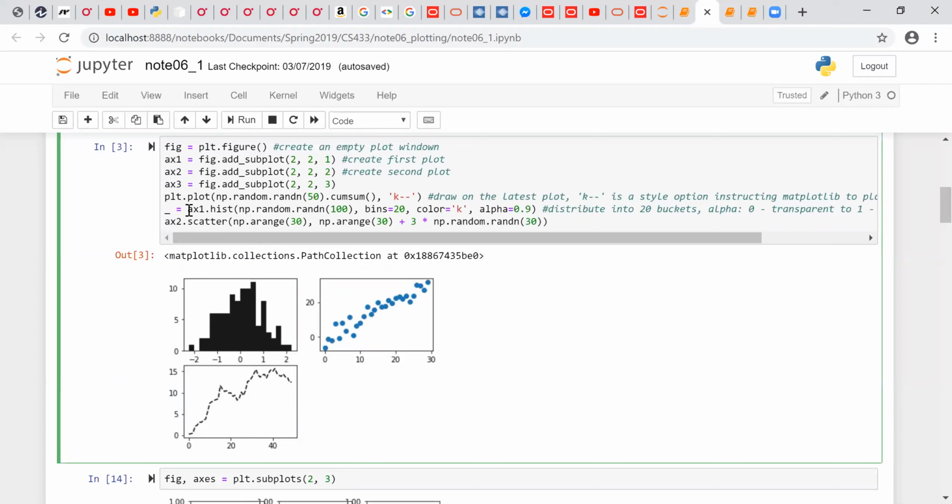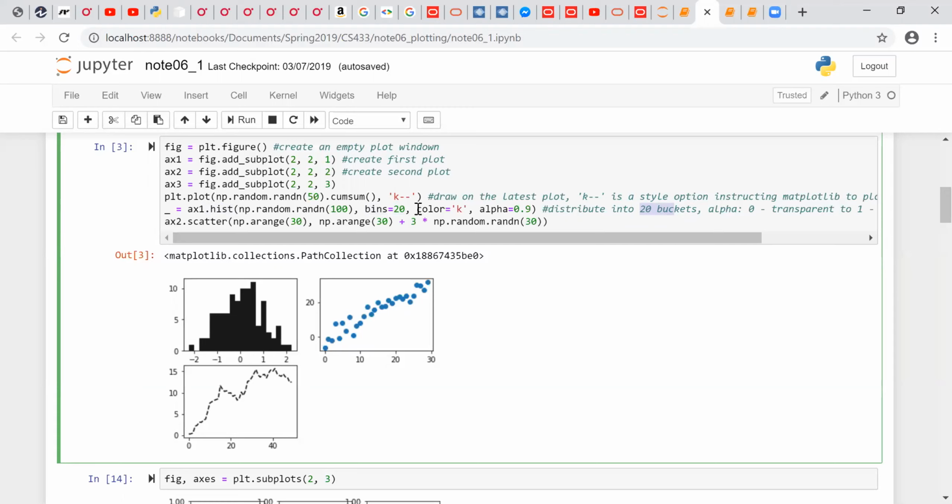And then next what you try to show is ax1. So ax1 is the first one. Over here, you're going to generate what? This is not a plot of your XY values. For this one, you're going to do a histogram, which generates the bar shape. So this is called a histogram. With this histogram, you're going to generate some random numbers, 100 random numbers. But for this histogram, you're going to have 20 bins. So basically it's 20